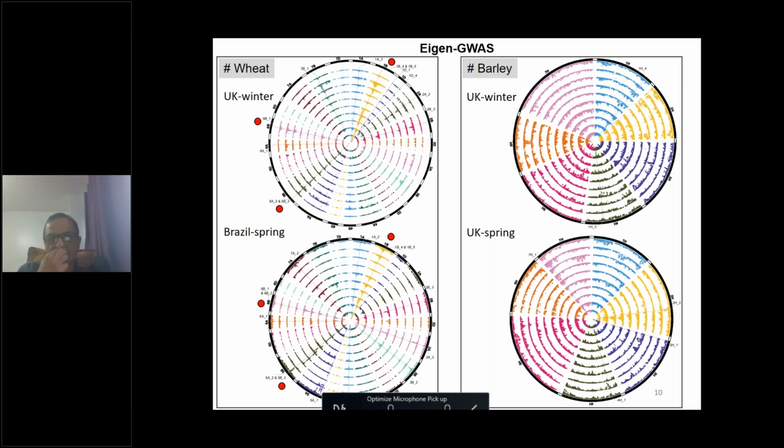What is interesting in this case is that wheat analysis of eigen-GWAS picks up quite congruently peaks like 1B1 or introgression on chromosome 1B that I have shown here. This is also present in Brazilian spring wheat. And in addition to that, we also pick up, for example, the 5B and 6B region that I have highlighted here